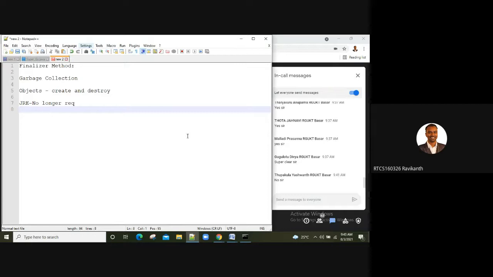So this whole process of reclaiming memory, I'm again using this terminology, reclaiming of memory, is known as garbage collection. Sir, when is a particular object eligible for garbage collection?